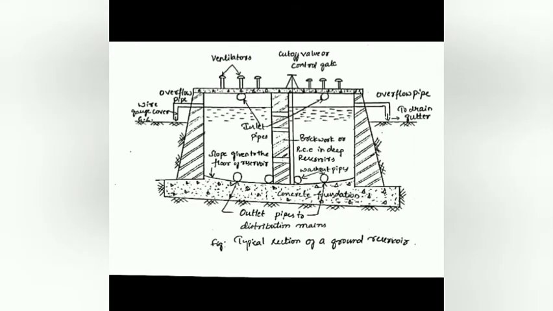These two compartments are connected with each other by shut-off valves or sluice valves, and overflow pipes are provided at full supply level so as to maintain a constant water level. So even if excess water is coming, overflow pipes will be provided. Ventilators are provided in the roof slab so as to effect a free circulation of air. Circulation of air always makes water remain fresh. For removal of sludge and for cleaning of the reservoir, washout pipes are also provided, and the cement concrete floor is sloped towards the central washout pipes. Once we see the diagram for this, we can understand how it is working.